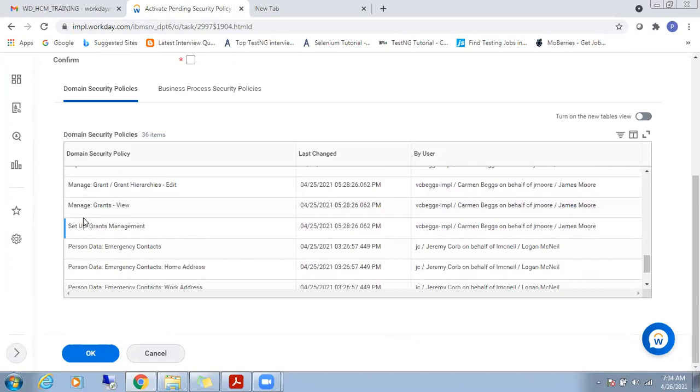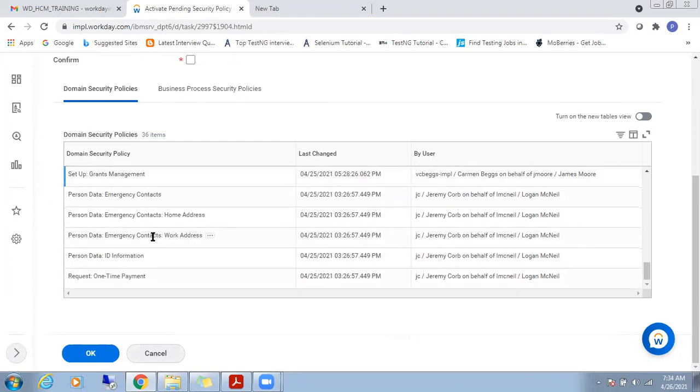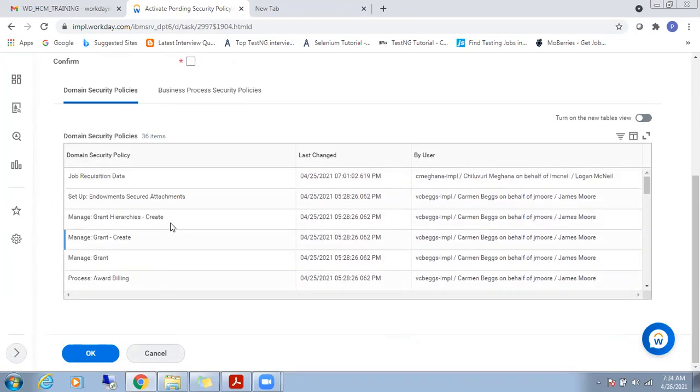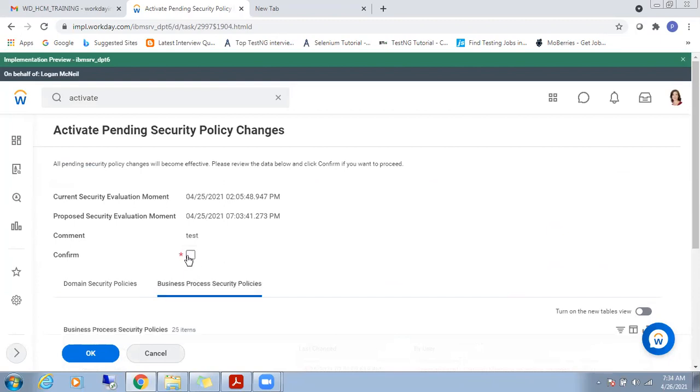See here, manager grants view. So you need to select this option. Try to select the checkbox and click on OK. So this is how we are going to activate.